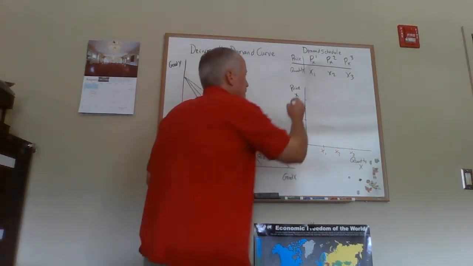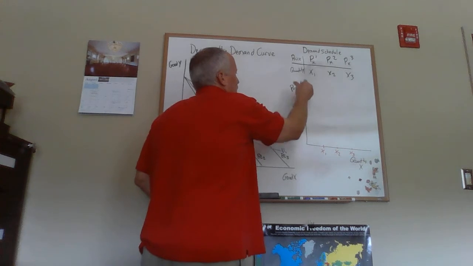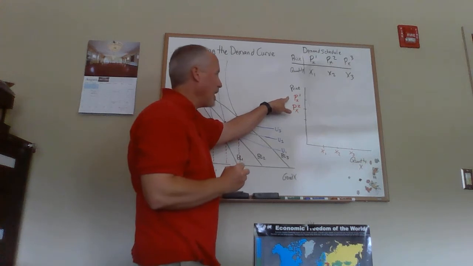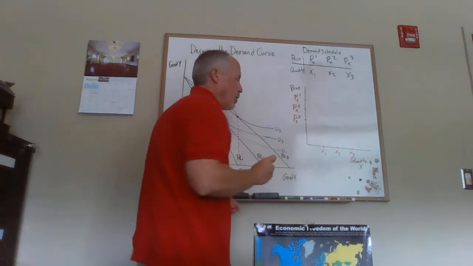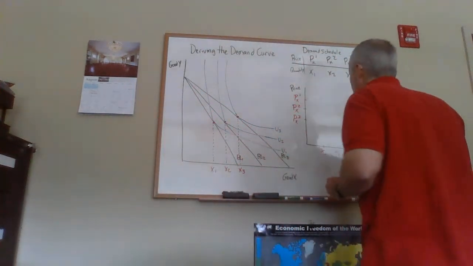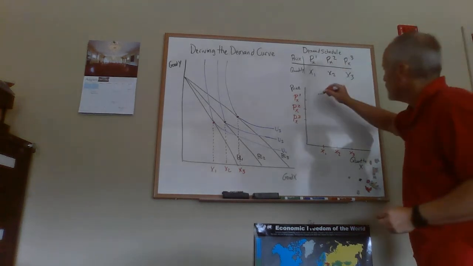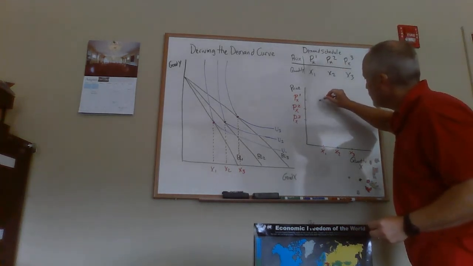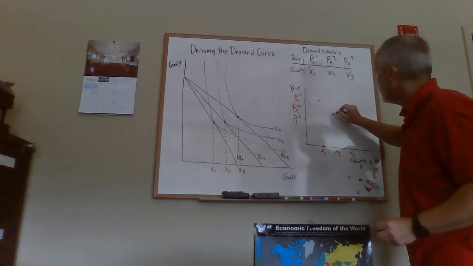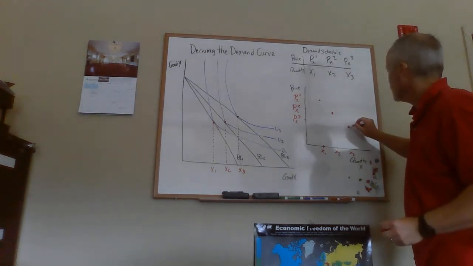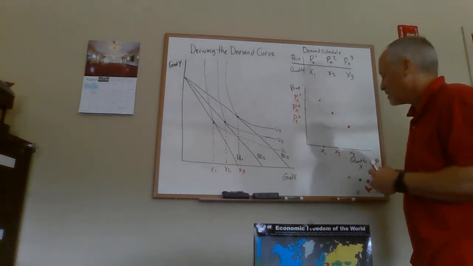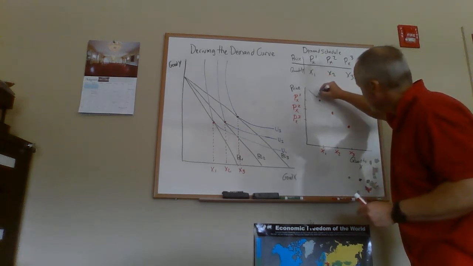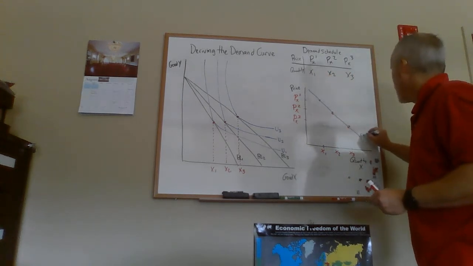So it must be the case that the price of X, PX1, has to be the highest price. So when we come over here and go into the graph, we have PX1 and we have PX3 then. PX3's got to be the lowest price. It would be there. And so we know for our demand schedule, we have PX1 and X1, that gives us a point here. PX2 and X2, that gives us a point here. PX3 and X3, that gives us a point here. And then we simply connect these points, just as we would have done back in principles. We connect these points. And that's the demand curve